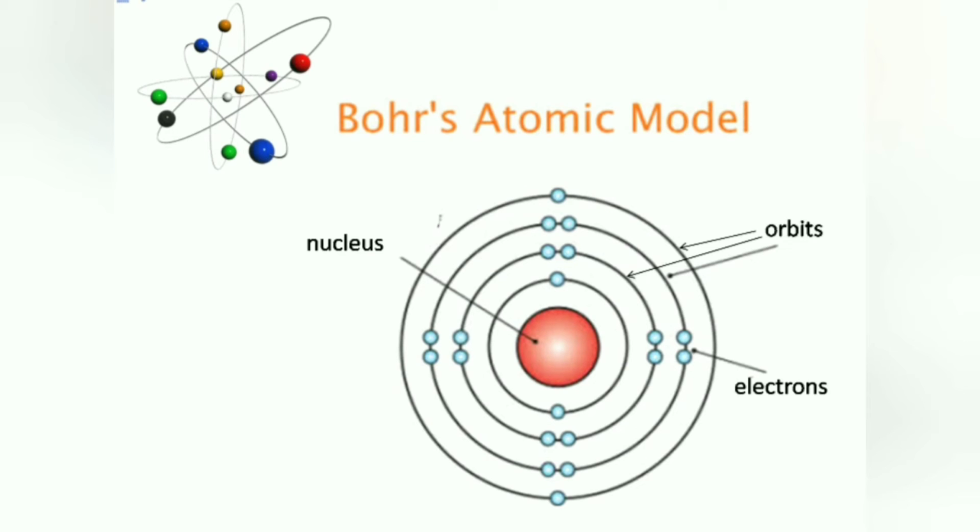The electrons revolve around the nucleus in fixed orbits, and each orbit has a different radius and definite amount of energy. Therefore, electrons in an atom are moving, but the energy of electrons remains stationary. Means the energy of electrons does not change in a fixed orbit. Let us study some main points of Bohr's model of an atom.